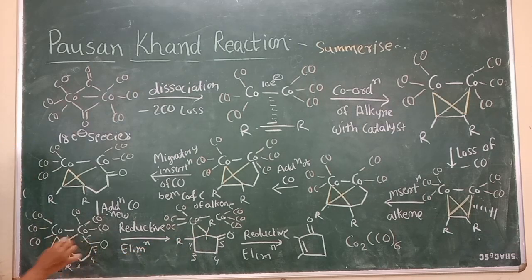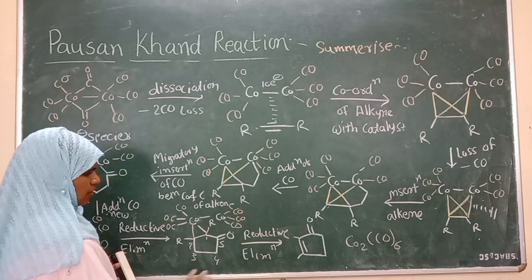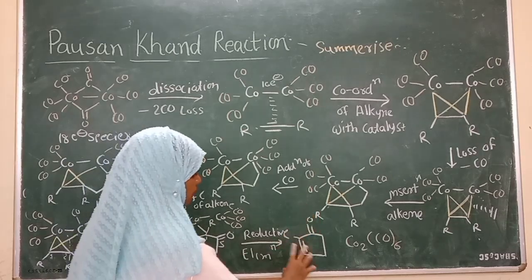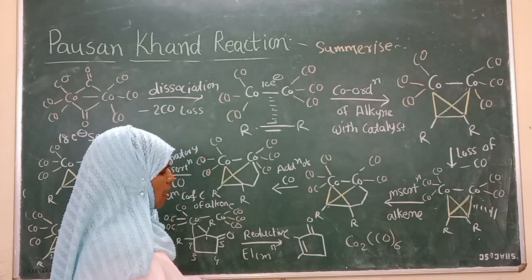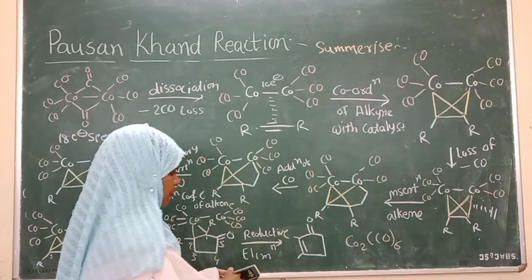After the bond breaking, only the cobalt moiety remains and is removed. Finally, reductive elimination gives the 5-membered ring, called alpha beta cyclopentenone, and